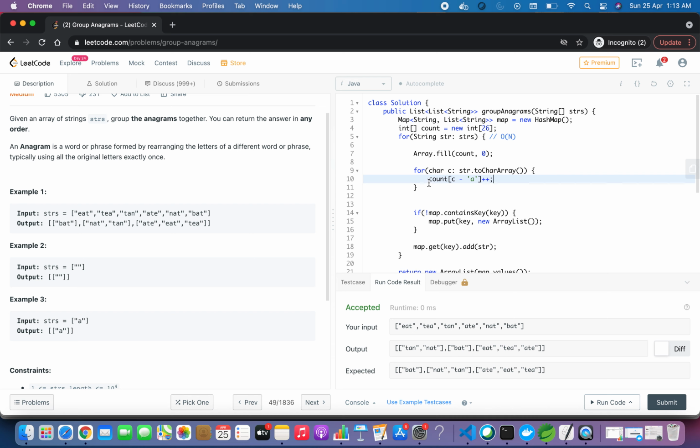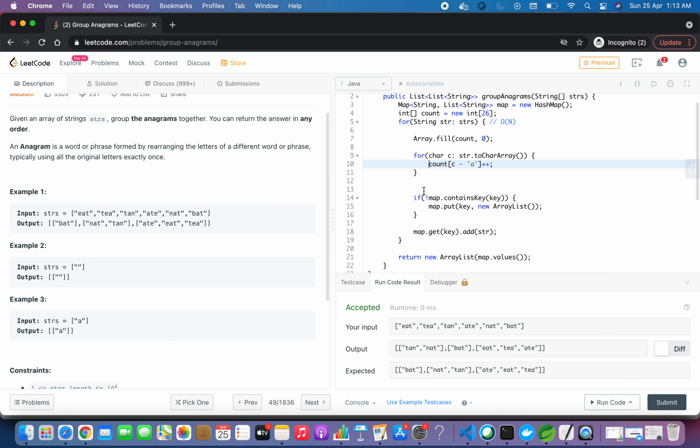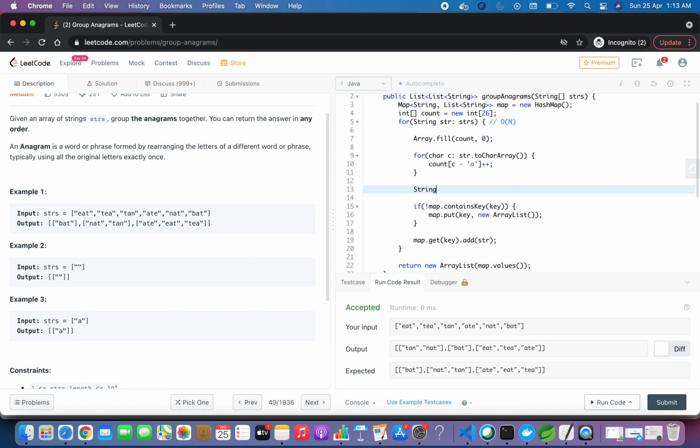This will create the frequency array which will store the frequencies. Now let's create that string. For creating that key, let's take a StringBuilder and call it sb equals new StringBuilder.